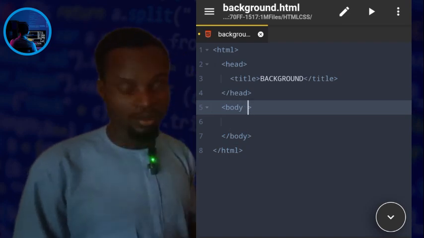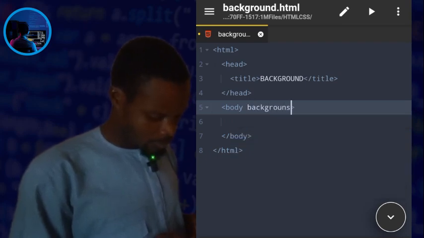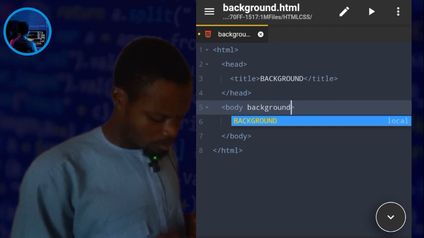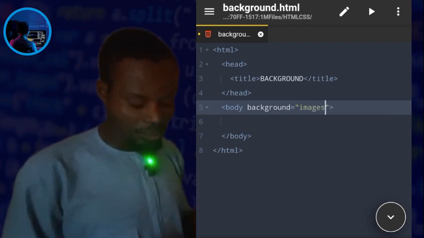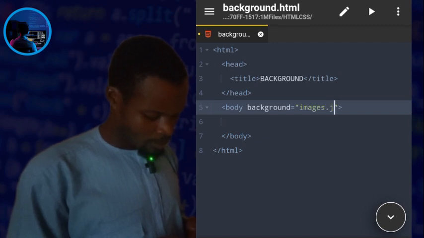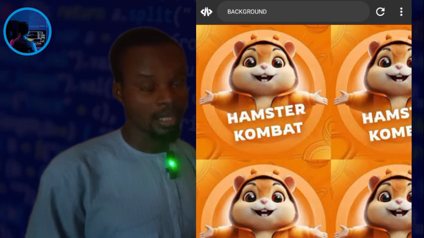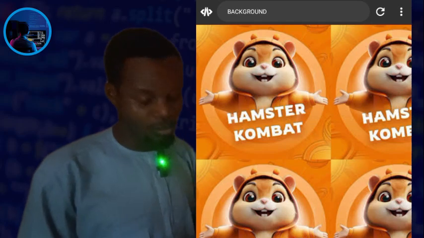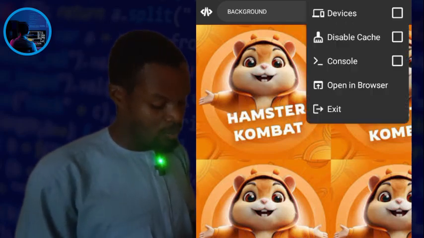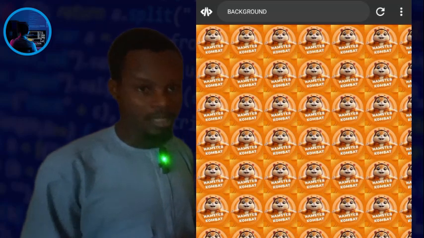Okay, now, so this is what you do: background is equals to the name of that image. The name of my own image is images, and my extension is jpeg. Then I'll save and I'll preview. So as you can see, I'm having the hamster combat image as my background. So whatever it is I'm typing, or that comes in my body now, it will be on top of this image. Even if I switch from the phone method to the system method as it is shown on the screen, I'll still be having the image